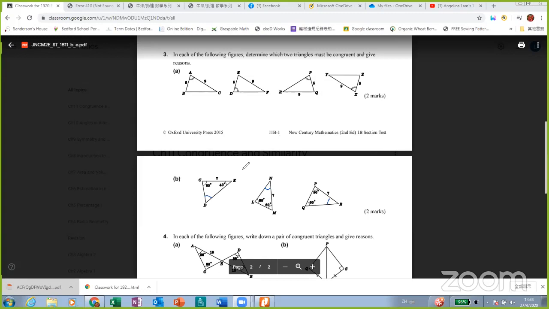Okay, nothing. Now for this one, you may need to find the angle first. You need to find the angle first, and then you can compare. You can compare the two triangles. Okay. Now the case is that